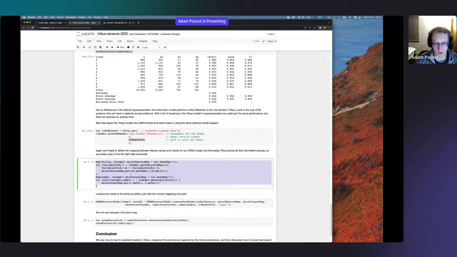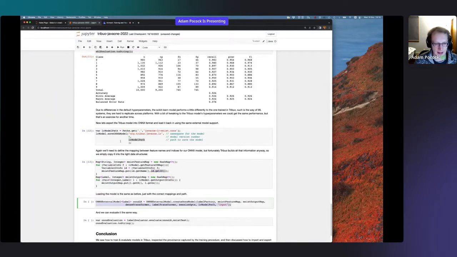Again, because we're loading this model in as if we'd never seen it before, we have to produce the mapping. But here we get to cheat because Tribuo knows what the mapping is. So we just pull out the name of every feature and write the ID number for every feature in, because Tribuo already maintains this information. This is basically the only time where you actually need to inspect these values. So that's one place where the abstraction is intentionally visible. And then we can load it in again.